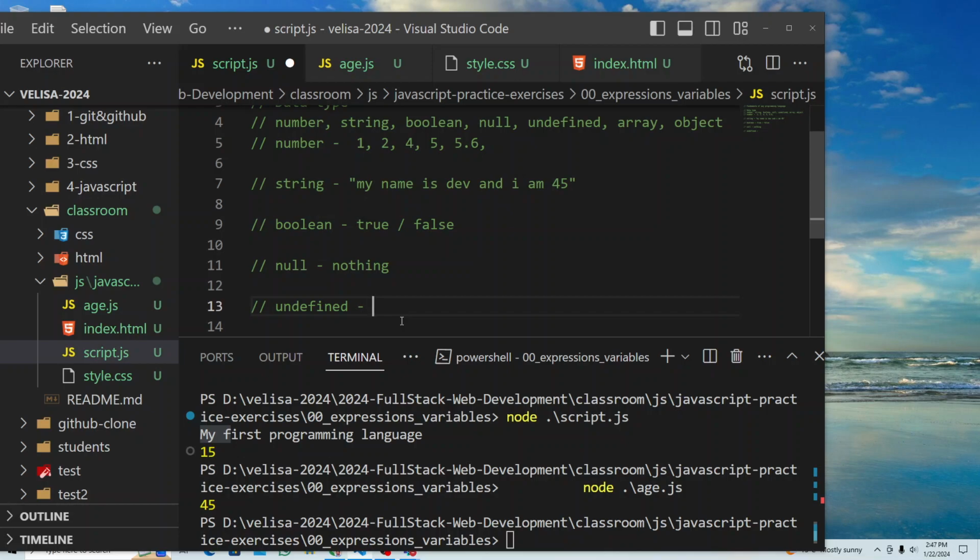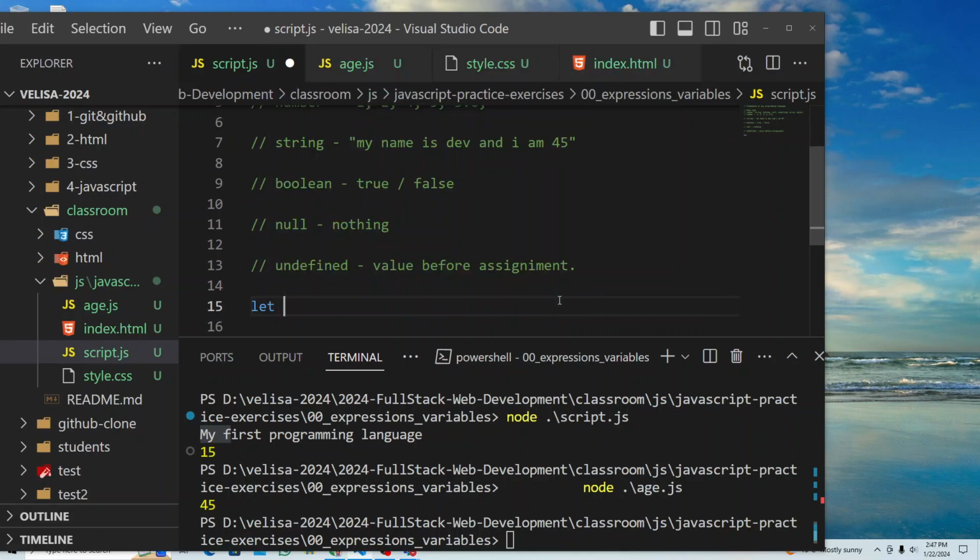We can call it the value before assignment. So if I create a variable, let name equal to Dev, for example,